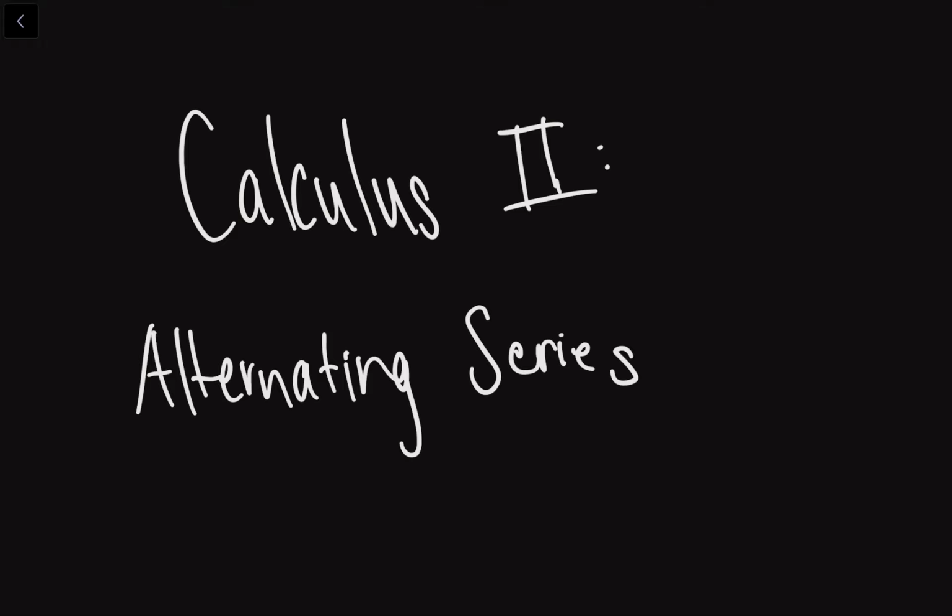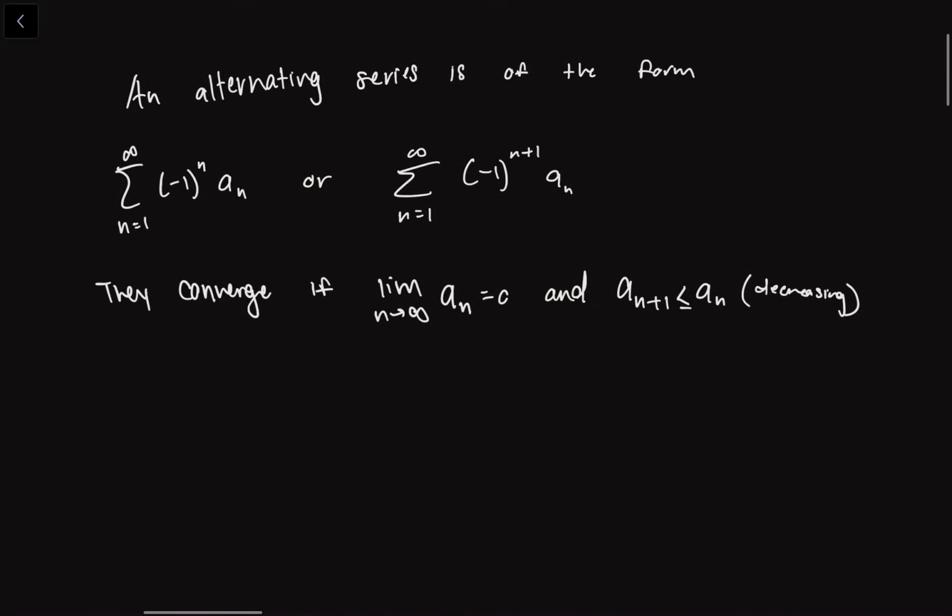Welcome back to Calculus 2 practice problems, where we're looking at alternating series and whether they converge or diverge. For the most part, alternating series are actually pretty simple. In alternating series, we have a series, an a sub n, and part of that a sub n, in this case I left it out, is an alternating term, which will just continue to alternate between 1 and negative 1,